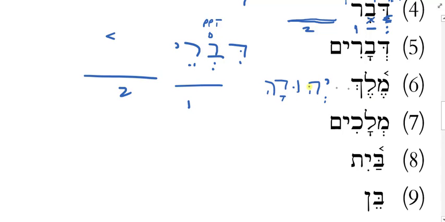Okay? And that would be the construct form, Melech Yehudah. The king of Israel, Melech Yisrael. What if I wanted to say the king of the city? Melech Ha'ir. Remember, we're just slapping the nouns side by side. The first one goes in the construct. Sometimes it happens to be identical to the normal absolute form. And Melech is the situation like that.